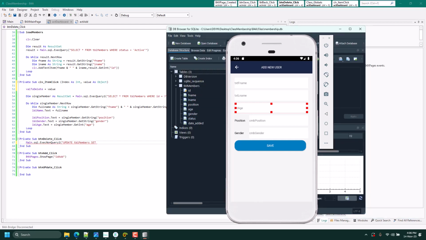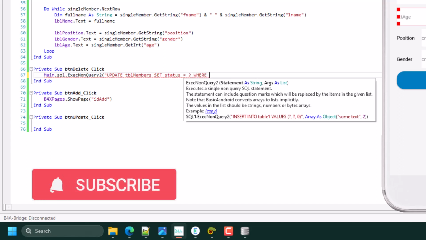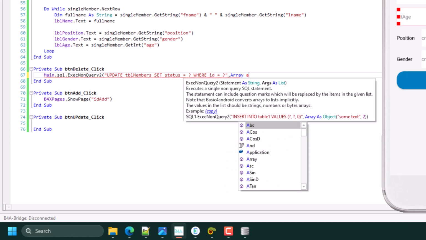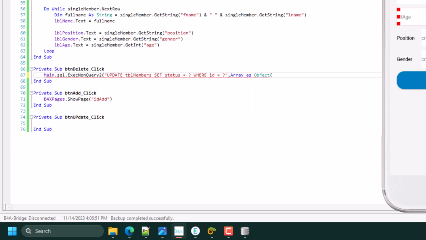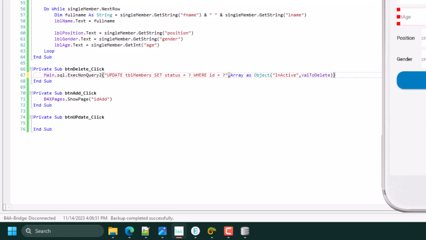Yeah, status equals to set status where ID equals to file to delete. So we'll be setting the status to the string inactive where ID equals to the value to delete, so it will update our records and set this user to inactive, right?